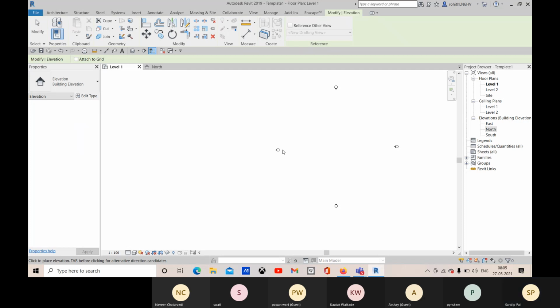It doesn't matter whether you are properly aligning it or not. After placing it, press escape twice or click on this modify option. You can also press MD as a shortcut for modify.